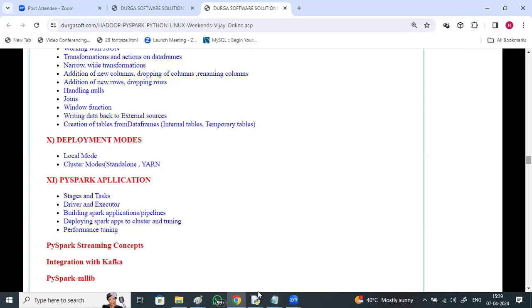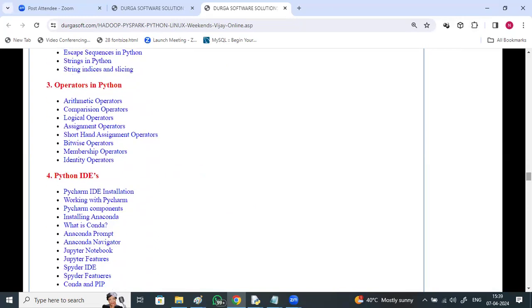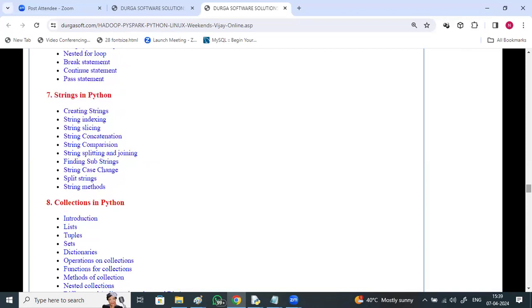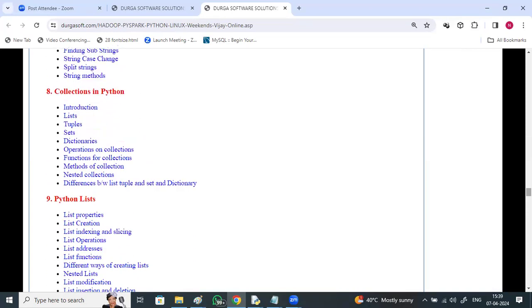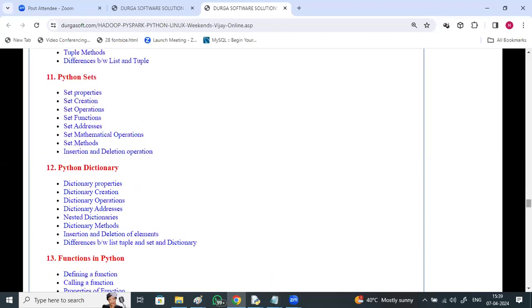Even if you see the Python course content, you can go through Python basics, Python operations, operators, IDEs, flow control, looping statements, strings, collections, Python lists, Python tuples, Python sets, Python dictionary, right?